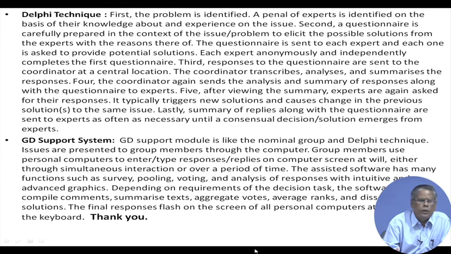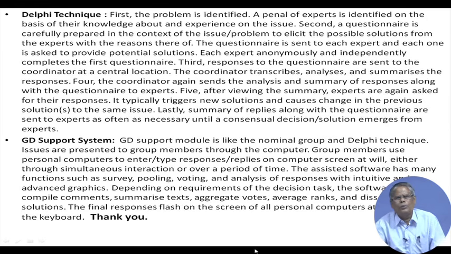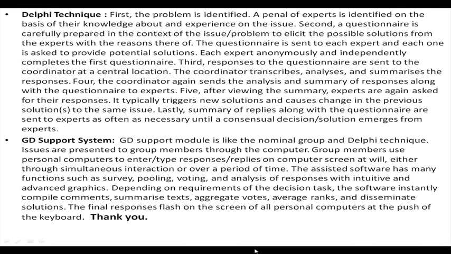After viewing the summary, the expert's opinion or solution may change. It typically triggers new solutions and causes change in the previous solutions on the same issue. Lastly, this iteration continues until all the experts agree on a particular solution. So, it is a time taking process, but if we want to get the ideas from the experts, we can get it also. Another is group decision support systems, which is just like your video conferencing mode, or